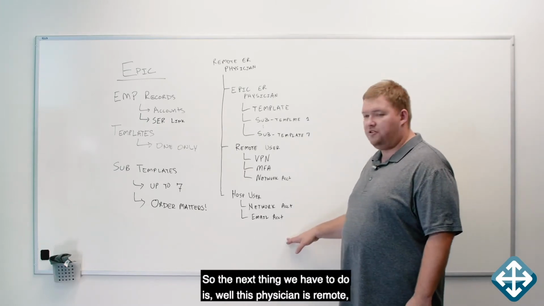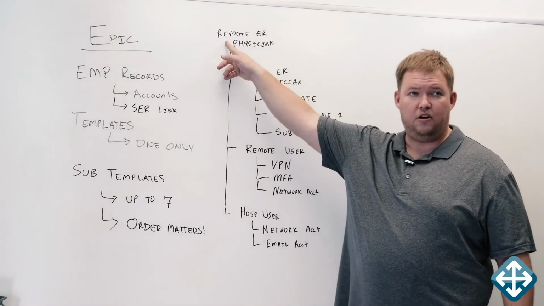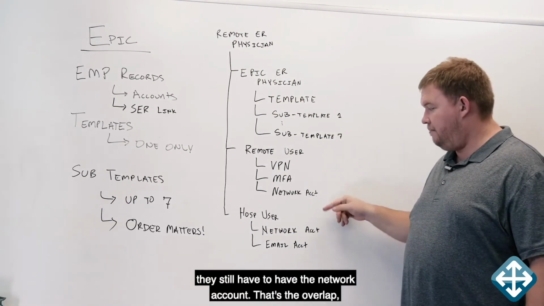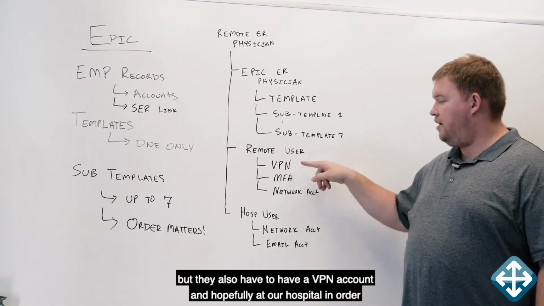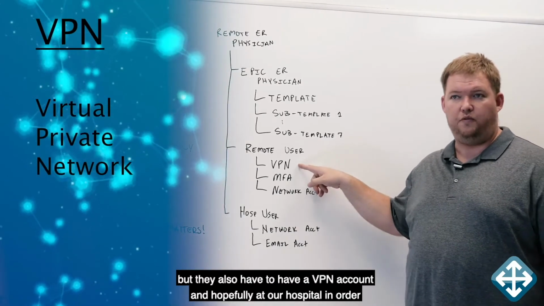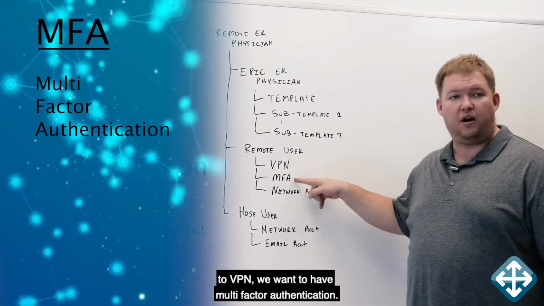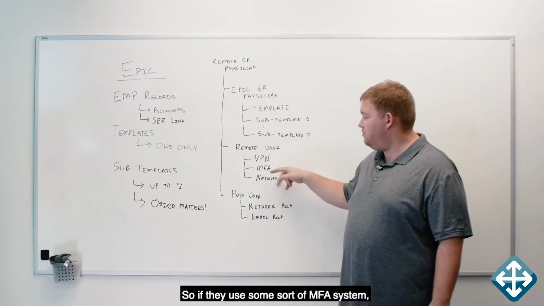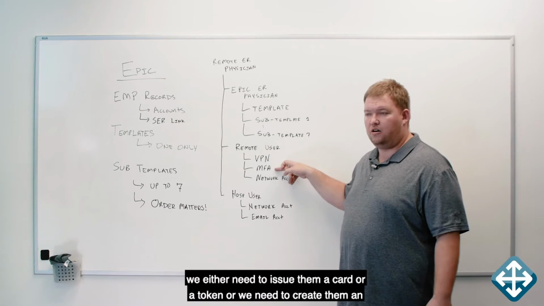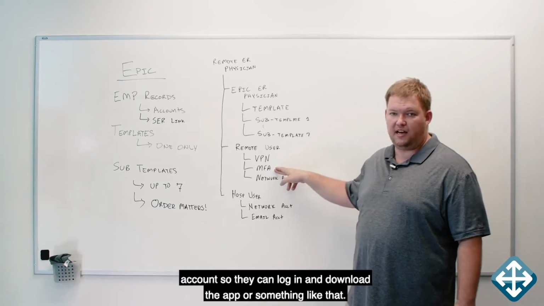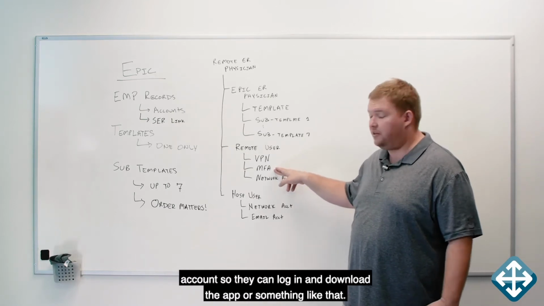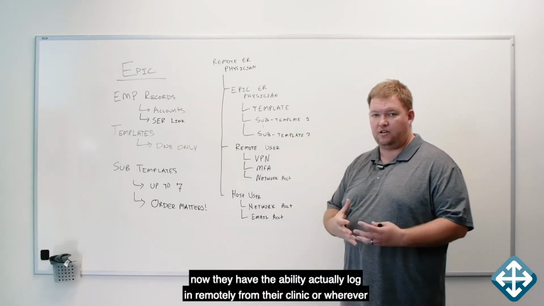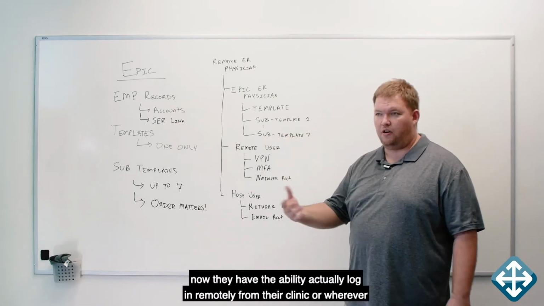So the next thing we have to do is, well, this physician is remote. In order to enable them to work remotely, they still have to have the network account, that's the overlap, and that's okay. But they also have to have a VPN account, and hopefully at our hospital, in order to VPN, we want to have multi-factor authentication. So if they use some sort of MFA system, we either need to issue them a card or a token, or we need to create them an account so they can log in and download the app or something like that. Once they have these two, now they have the ability to actually log in remotely from their clinic or wherever it is,